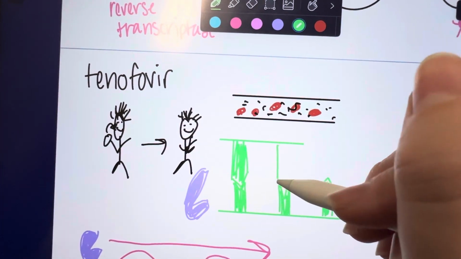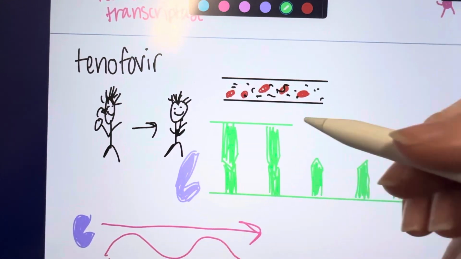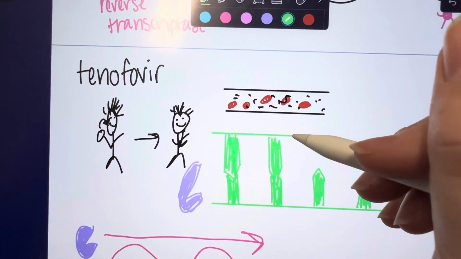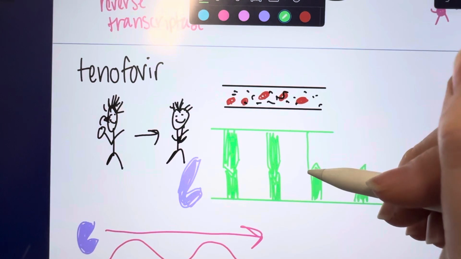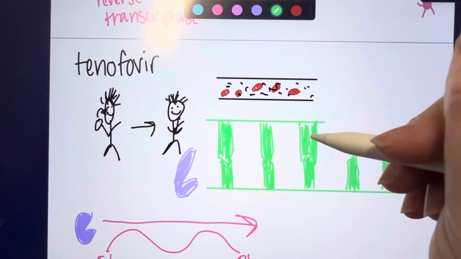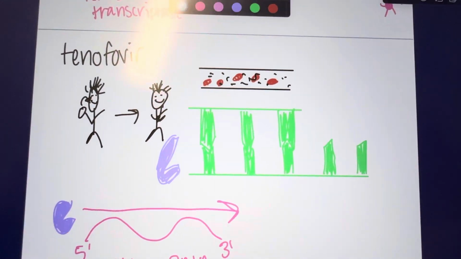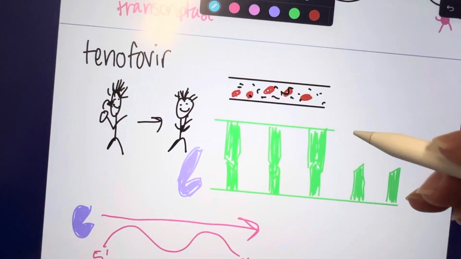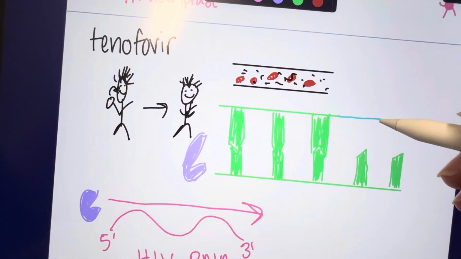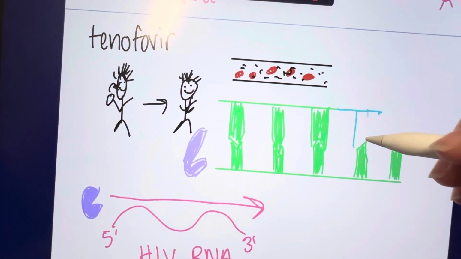This one connects, keep moving. That connects, keep moving, and tenofovir comes in, and it will connect,